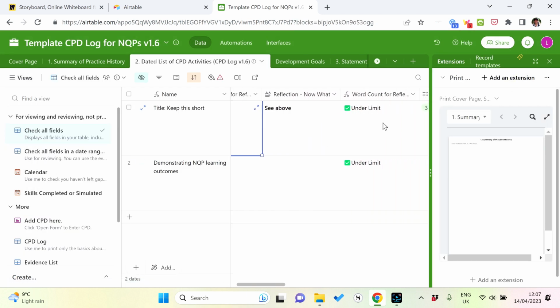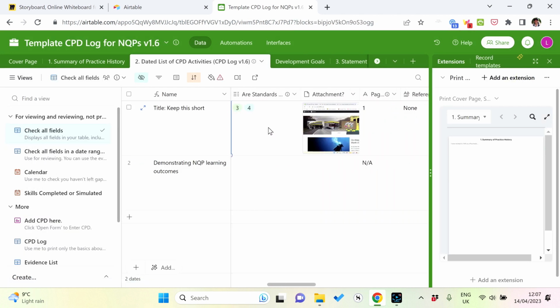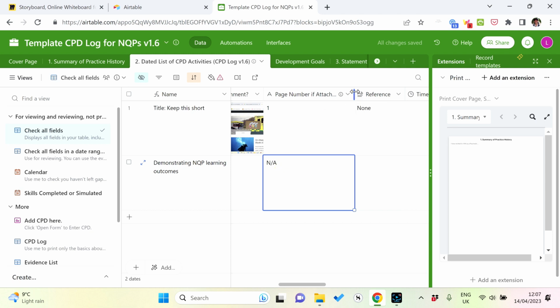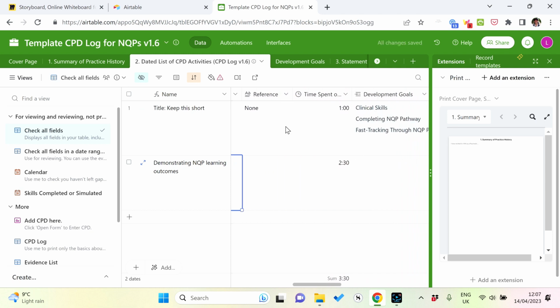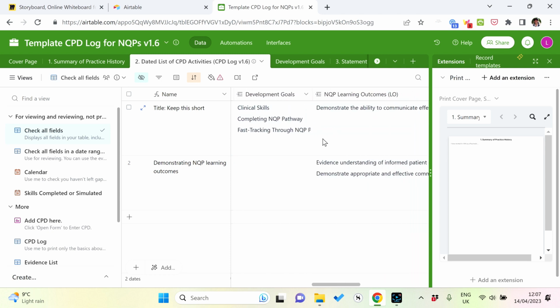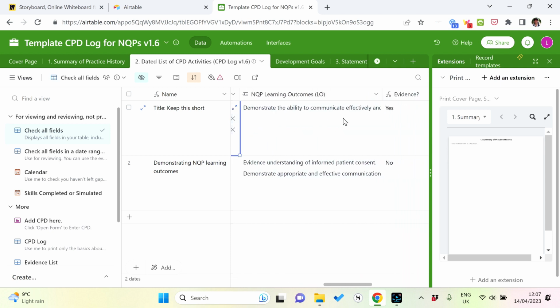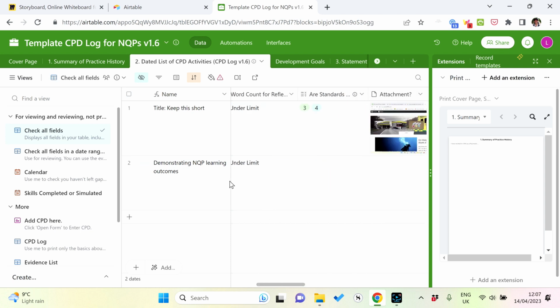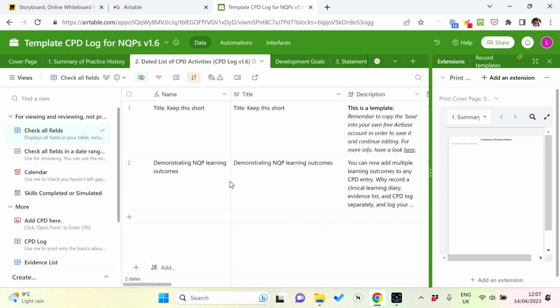Okay, once you've checked your word count, again, you can continue coming across. If you did want to add a page number for featured evidence, you can do that. If not, just leave it blank. References, you would have put those in earlier if you wanted them to be there. Feel free to change any of your learning outcomes, development goals, and so on. Once you're happy that everything data-wise is in there and your word counts are correct, we then can come across